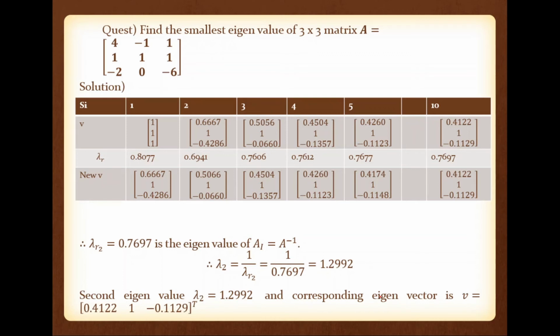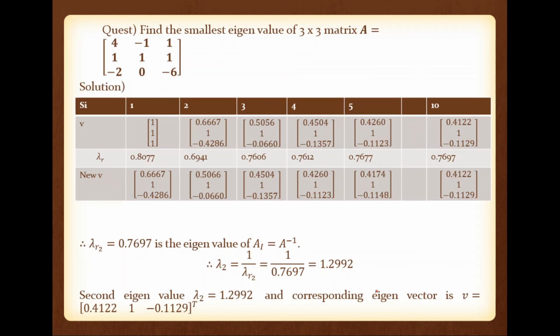Okay. So now we have two eigenvalues, the largest one and the smallest one. What is the largest one? The largest one is around minus 5.76, and the smallest one is 1.2992. How is it possible? Largest is minus 5.76 and smallest is 1.29. So please note here largest and smallest mean only from the magnitude point of view. Okay. So this is a third order system, meaning a 3 by 3 matrix, and we have two eigenvalues. Now we have to find one more eigenvalue.